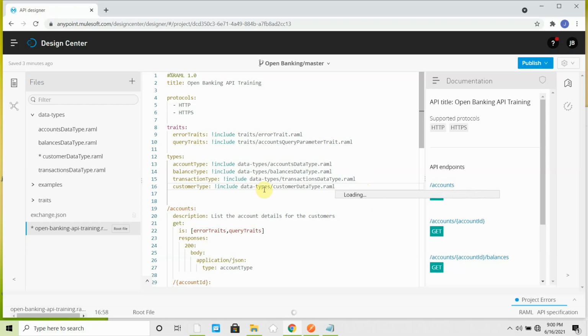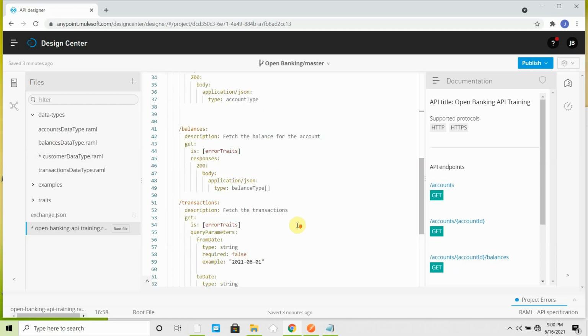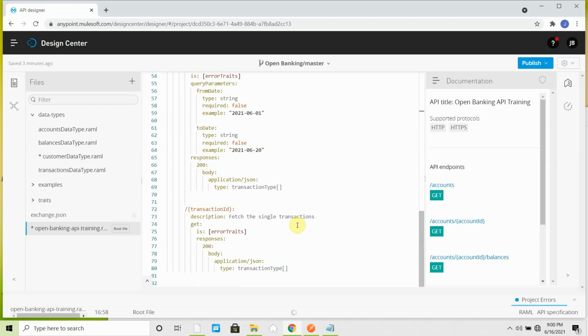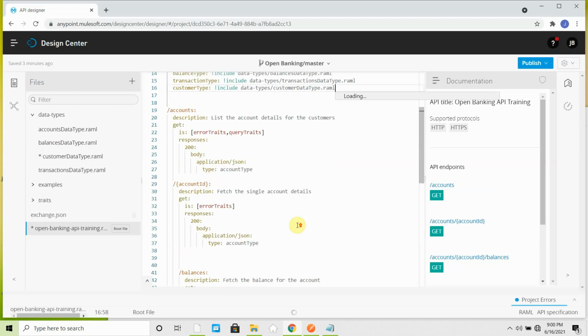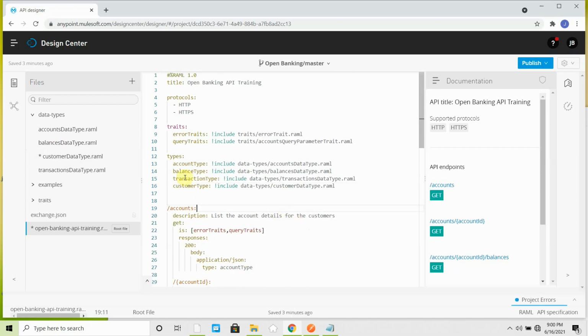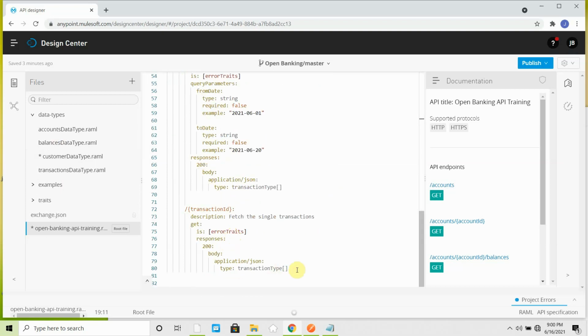Here I'm saying my customer type is the alias, and I want to map this customer data type dot raml with this particular alias.